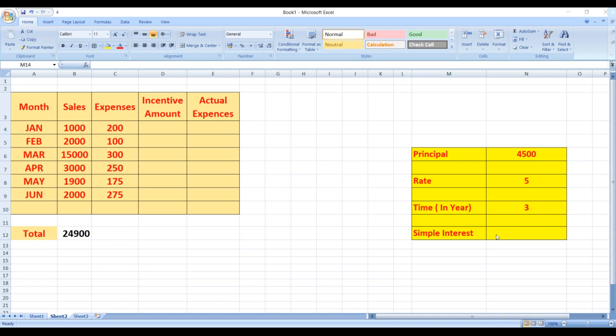So now let us calculate the simple interest. So what is the formula for simple interest? We'll write equals to, now principal into rate into time. So where is our principal?